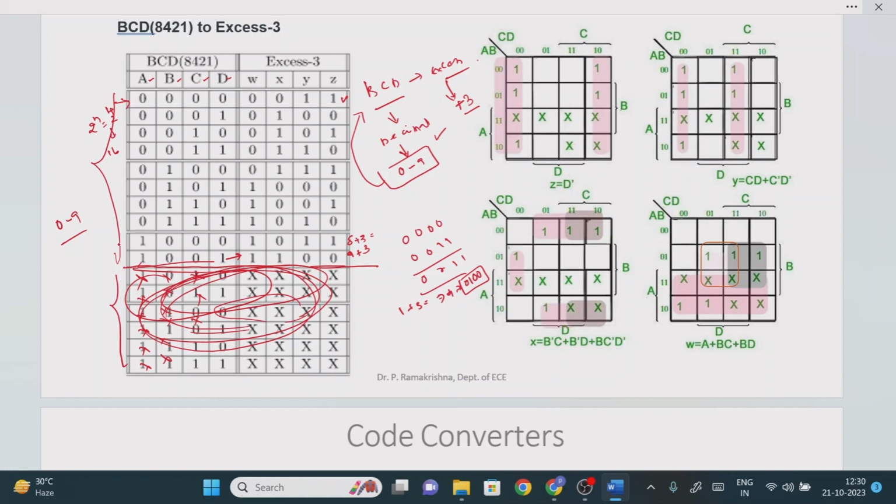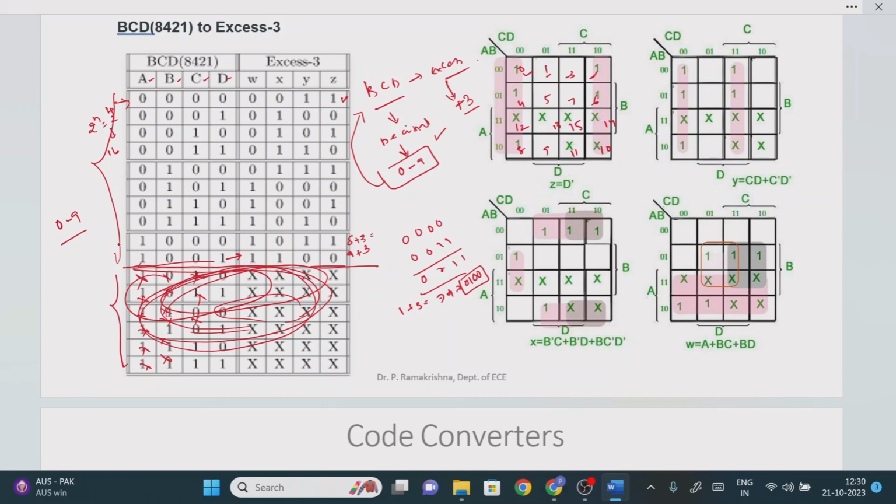Now the twist here is, how many inputs are we considering? 4 inputs, right? So how many K-maps will you get? 4 K-maps. But the moment we consider 4 inputs, we are going to consider the 4 variable K-map. So after considering the 4 variable K-map, what numbers do you have? 0 1 2 3 4 5 6 7 8 9 10 11, and one more set, 12 13 14 15, right?